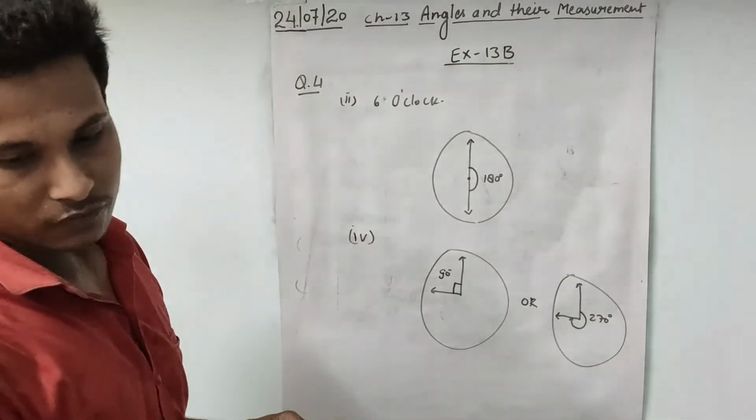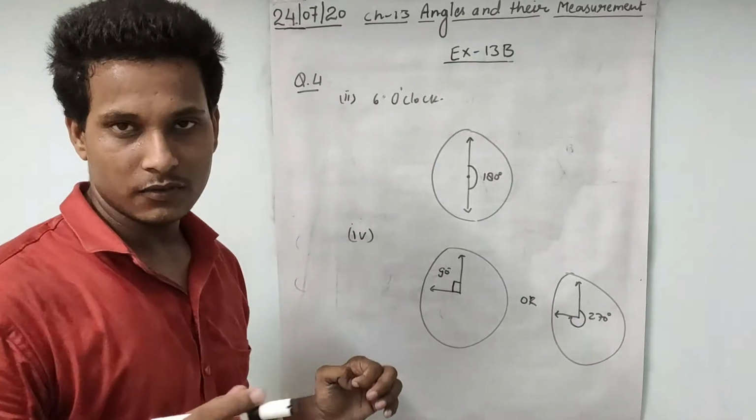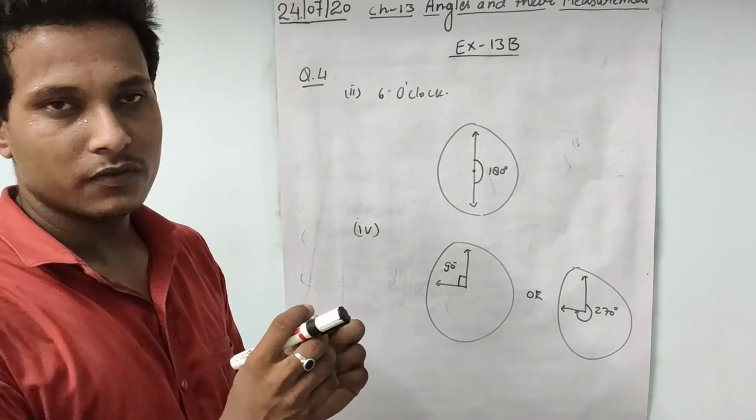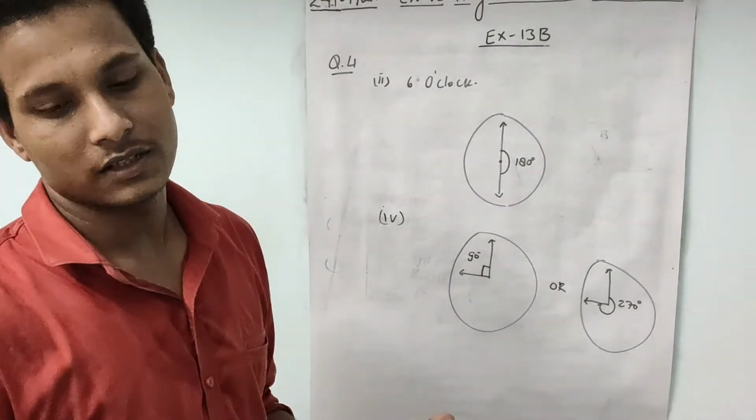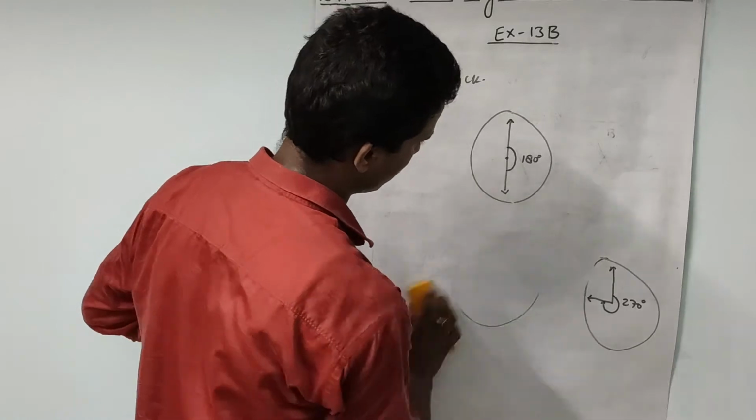Like that, 12 o'clock means a 0 degree angle. If you take anti-clockwise it is 0, or if you take clockwise, then it will be 360 degrees. Okay. 3 o'clock, again 90 degrees. Okay. Now next